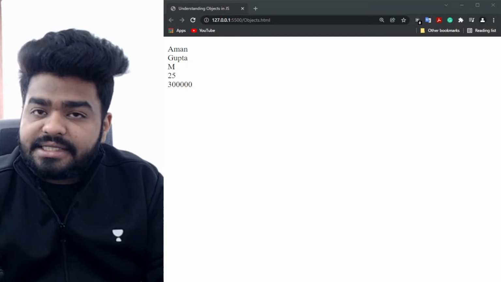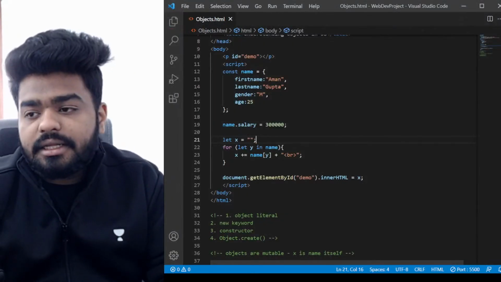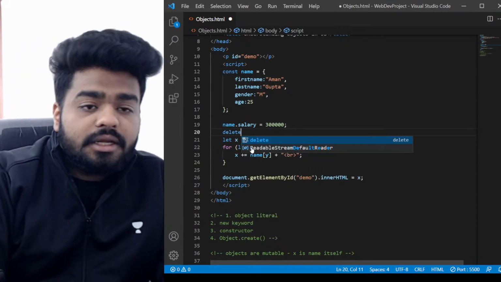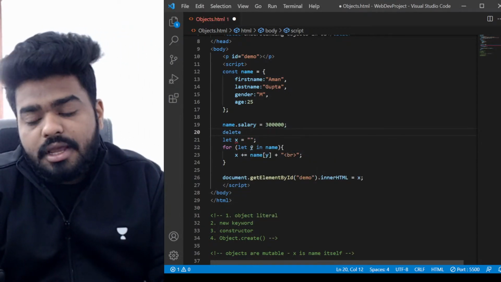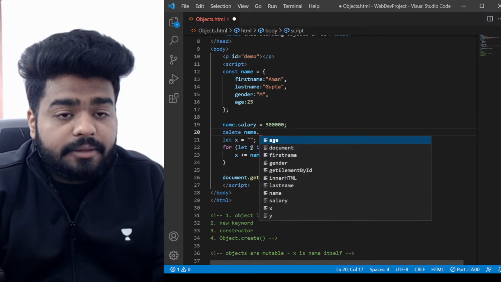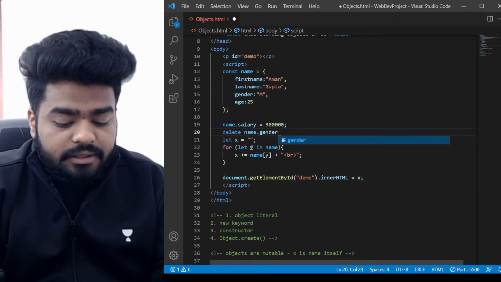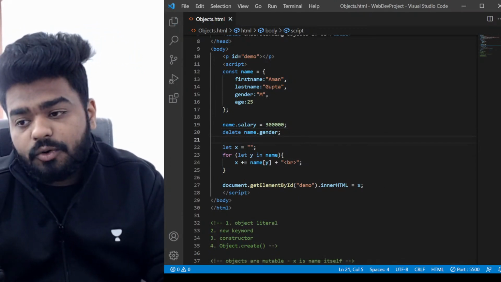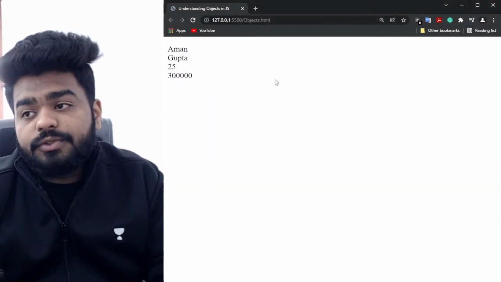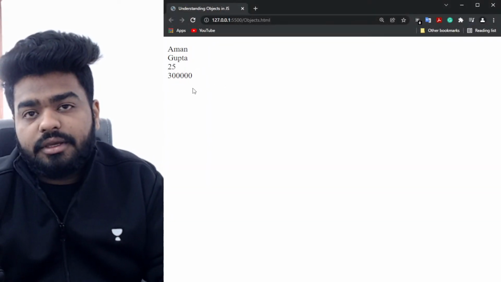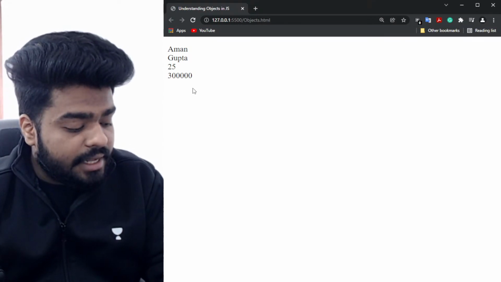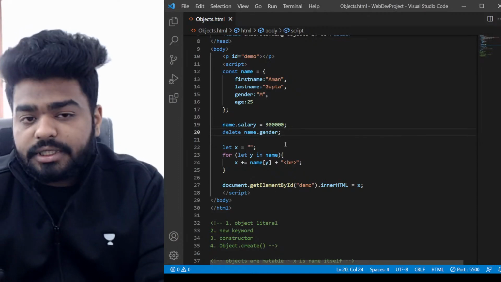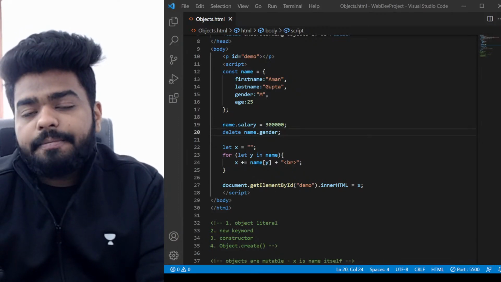You can also delete some properties if you want. So how you can delete it, you just have to use a keyword which is delete, and it will delete any property whichever you mention. So let's say I'm writing here name dot, suppose gender I want to delete. So name dot gender, and let's have a look at what is happening. If I go back, you can observe here that the gender is not showing here. So delete is the keyword to do that, and you can observe that the delete keyword is making sure that your gender is getting removed from the